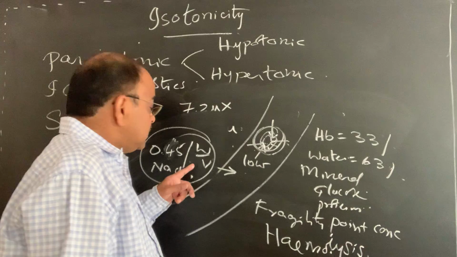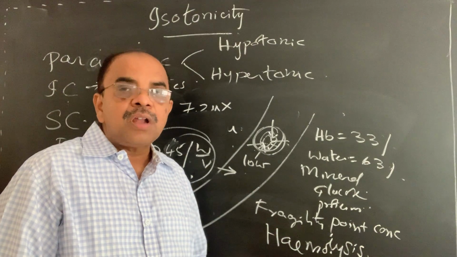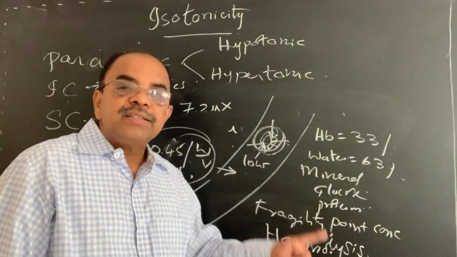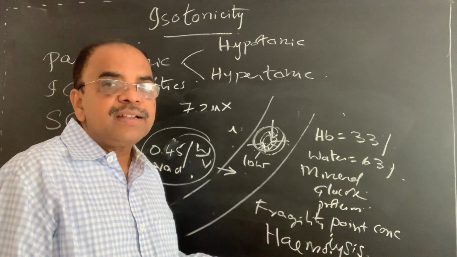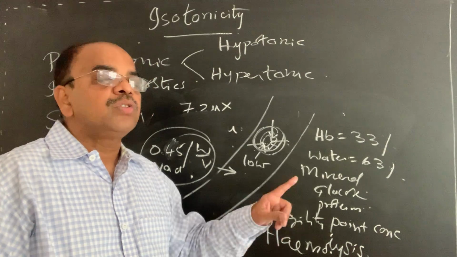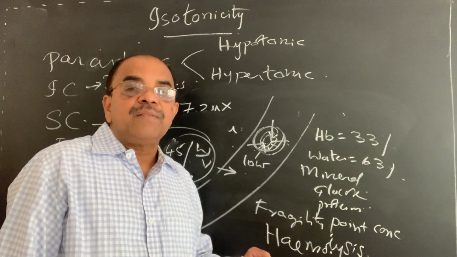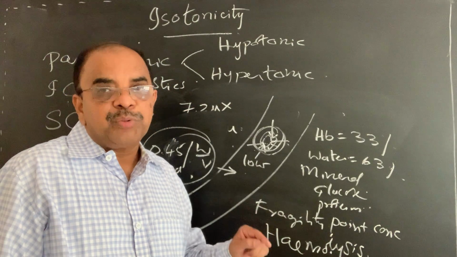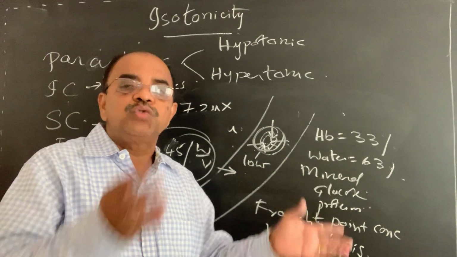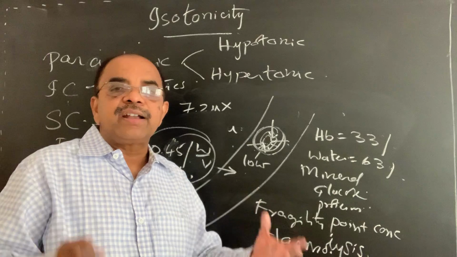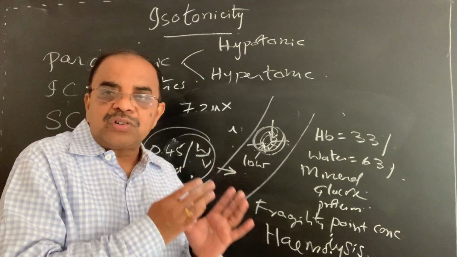Hemolysis. A 0.45% weight by volume solution of sodium chloride causes hemolysis. That's why it is called the fragility point: the concentration of sodium chloride to cause hemolysis. That's the problem with the injection of huge volumes of hypotonic solution. If you inject 1 or 2 ml, no problem will happen. But if you inject huge volumes, liters, half a liter, 1 liter, it may cause this type of hemolysis. So, that's the importance of isotonicity.